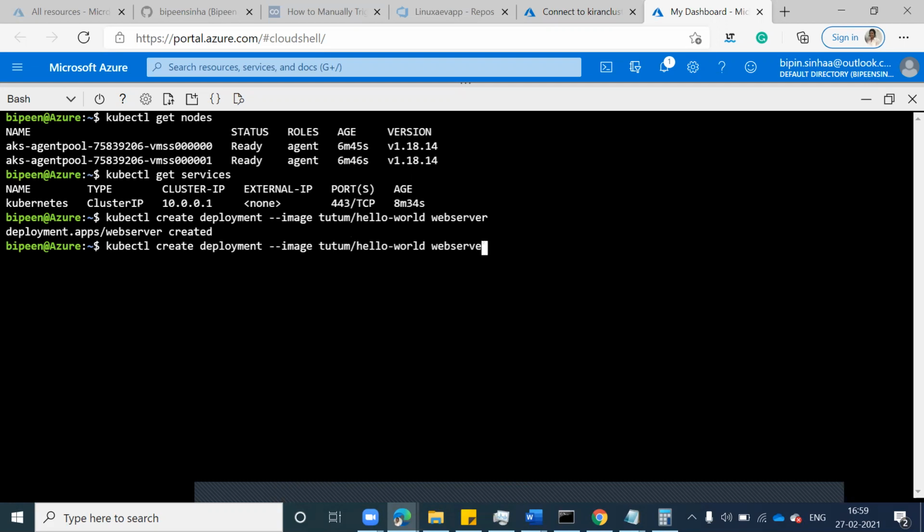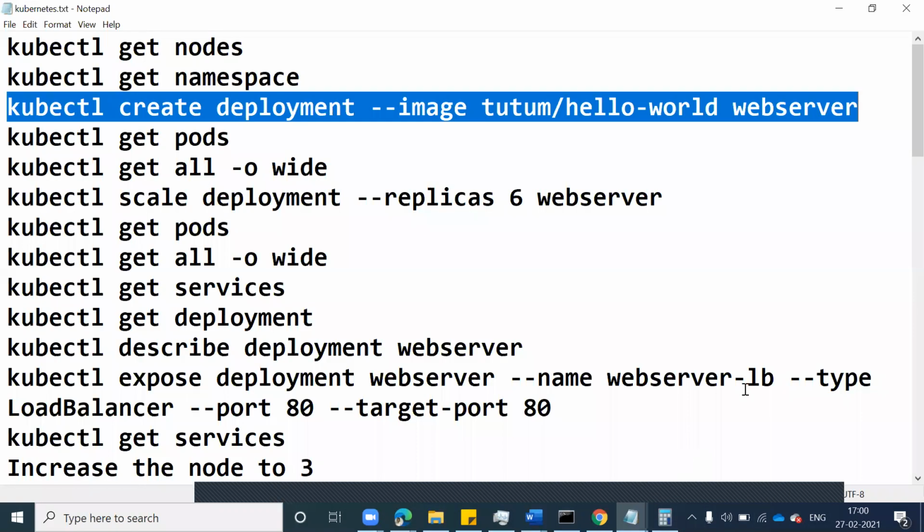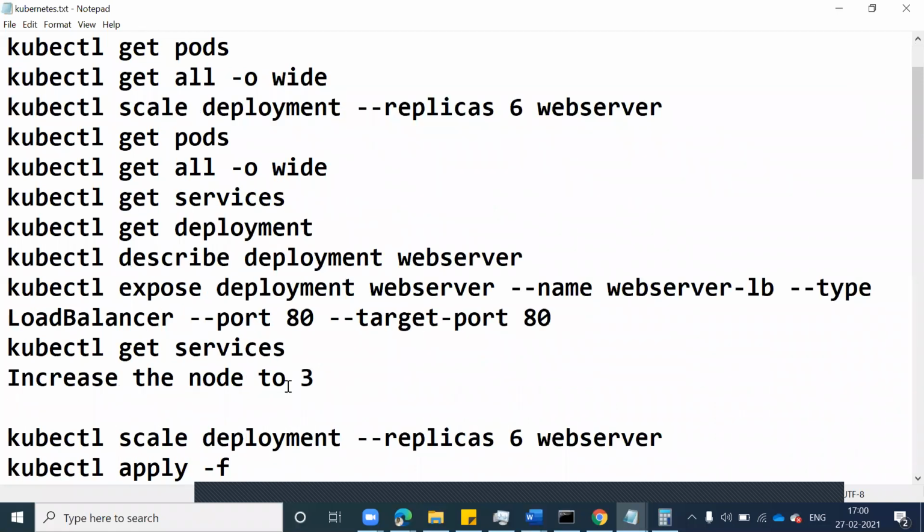Currently, how many instances are running? Only one. I want to scale it. So what is the command to scale? How many replicas are to be there?